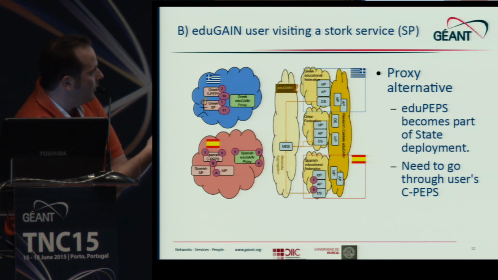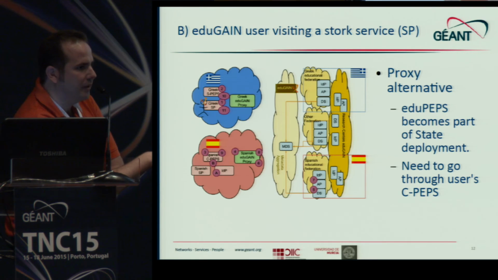The other way around, when we have it as a proxy, the user would access again the Greek SP, which could go to the Greek eduGain proxy, which is part again of Stork. The Greek SP would go to the SPEPs, and it would be redirected to the user's CPEPs, right? Where optionally we could have this identification, but it should be because the CPEPs automatically ask for the